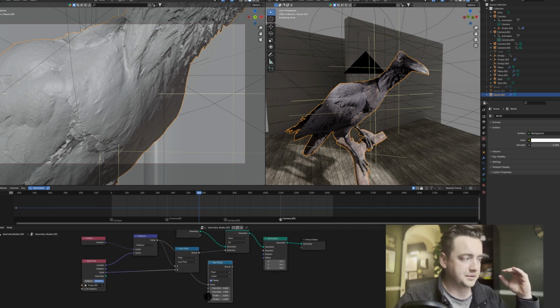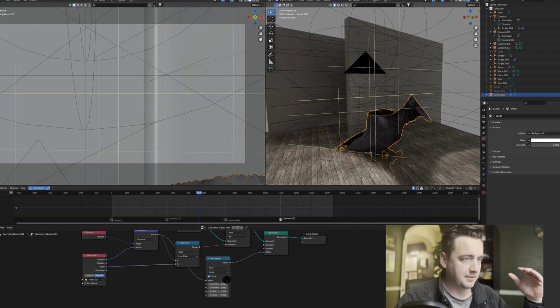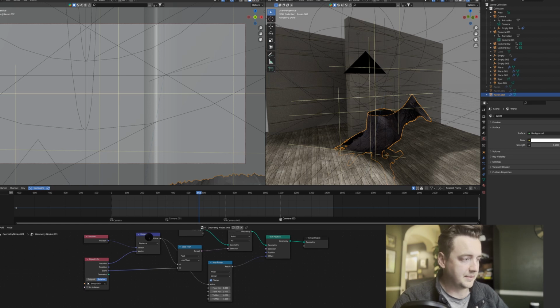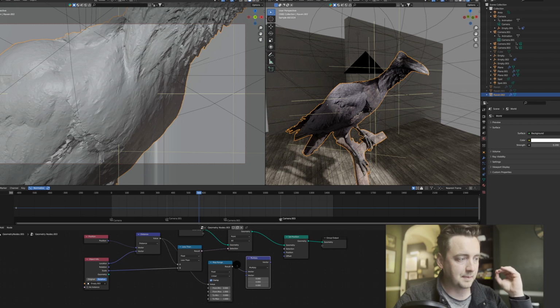So you want your distance, if you pull out the distance and then plug that into the offset with your map range, it'll look a little bit wonky, but if you duplicate your distance node, put it between the map range and the set position, and change it to multiply,